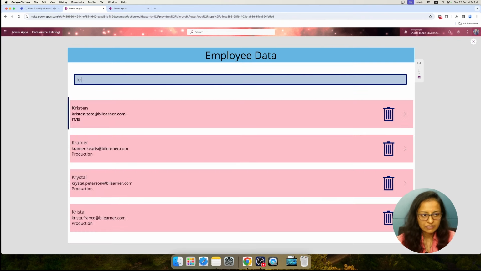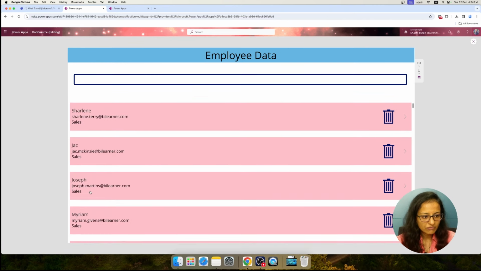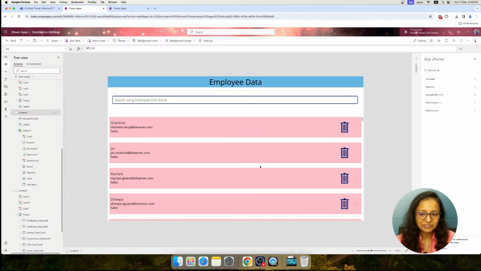so it is not displaying the data. Now let's say I want to remove the data of Joseph also, so I can delete it. Okay, so this way you can perform the delete operation in the Power App using the delete control or using the